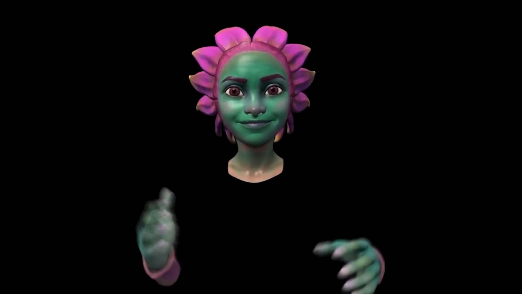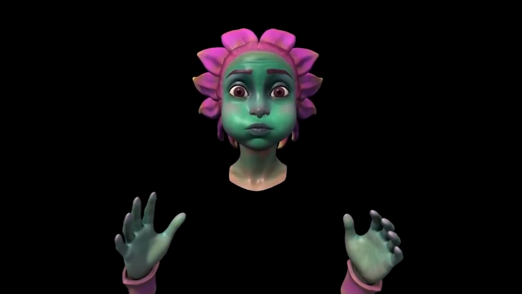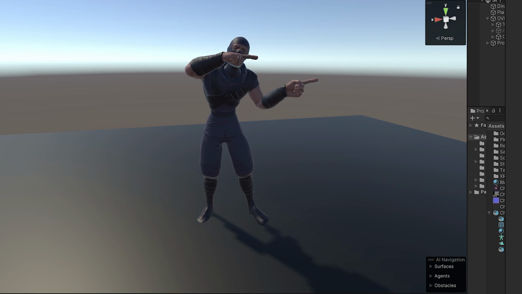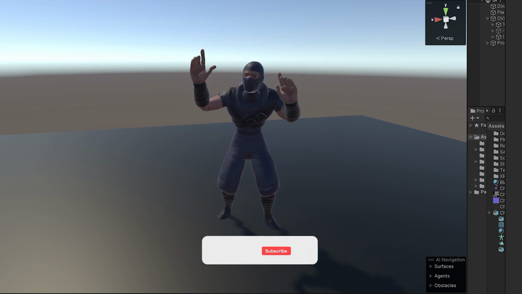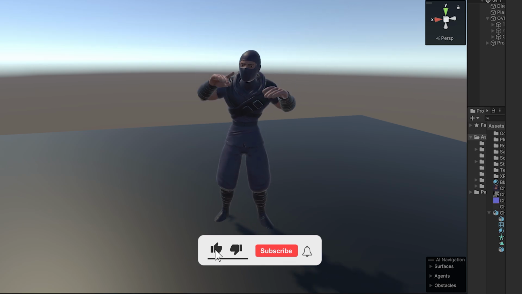There is actually a lot of things to talk about it. The SDK can work with eye, face and hand tracking, and you can actually use it as well with the Interaction SDK. So if you want to learn more about it, let me know in the comment section and